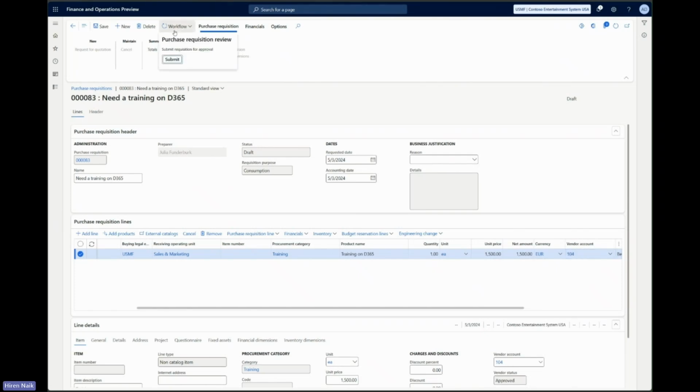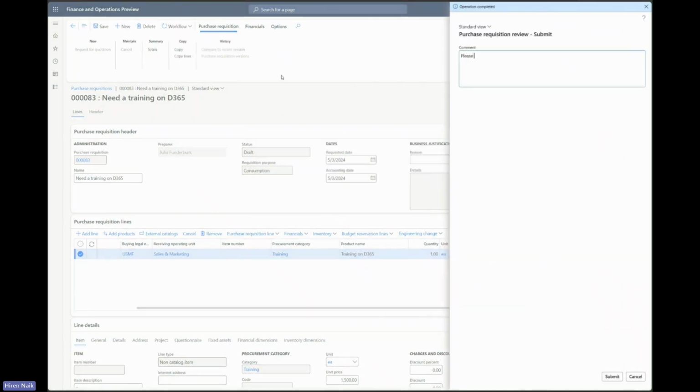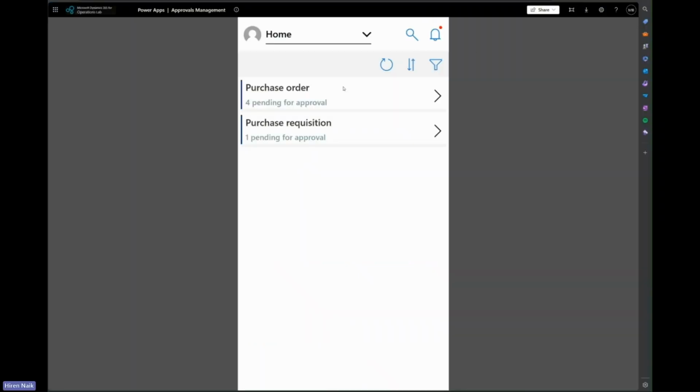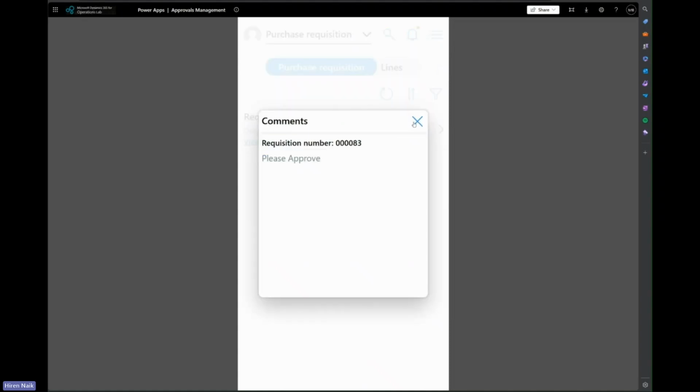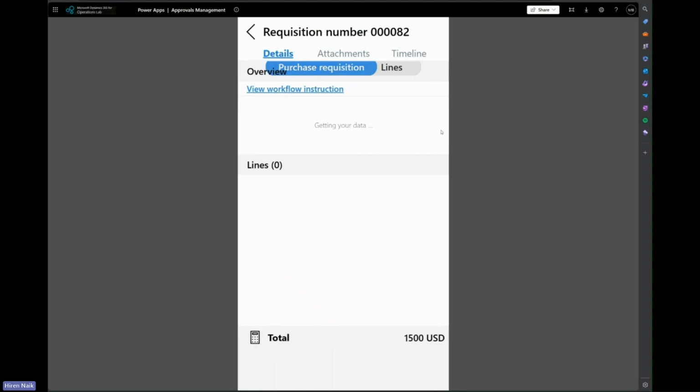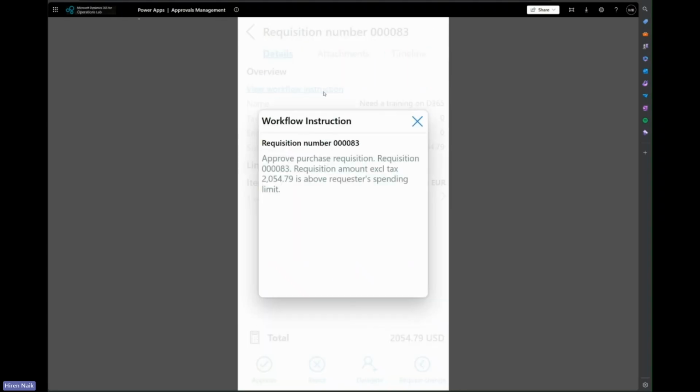So now I'll go ahead and submit the purchase requisition. Yulia will specify, please approve this training request via this purchase requisition. So now I am logging into the mobile app as a manager. And as you can see, the purchase requisition has come and it says, please approve this. I'll go as a manager and look at all the details, look at the workflow instruction,